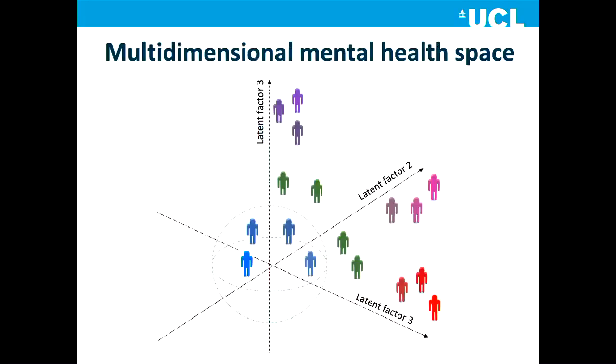And I just want to finish with a bit of a vision of where I expect this to lead us. If we apply this type of approach to large data sets with lots of different sources of information and potentially different types of patients, I expect us to find multiple latent dimensions related to mental health. The idea is that we can combine them. I expect that there will be an area in this space where healthy people will lie. And then, if you start scoring high on these latent dimensions of mental health, you might be at risk and then become a patient. So that's just the vision.